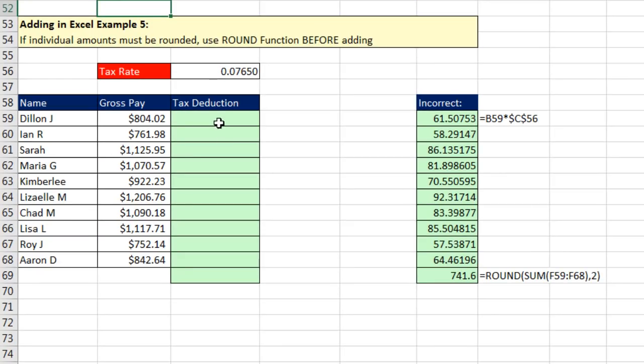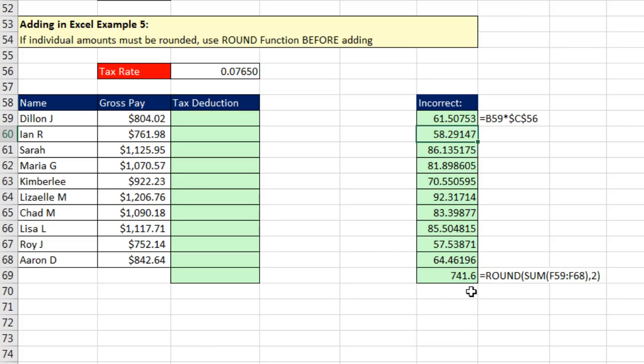Now, example 5, we've done this many times, but I'm not going to let you get through this class without knowing exactly when to round and when to use the round function. Now, our goal is to add at the bottom. Over here, it looks like F2. We did our multiplication. Gross pay times some tax rate. That is, when I hit Enter, that's the amount for J. Dillon. But notice it's not properly rounded. So when we add at the bottom, we get